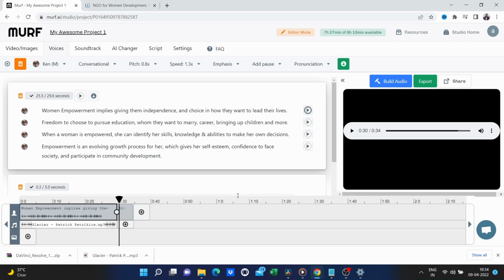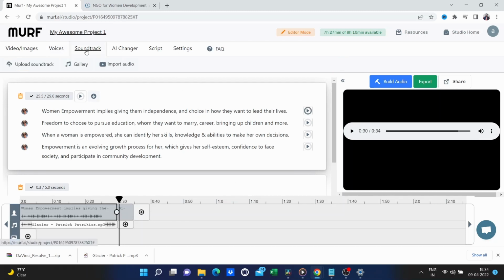A couple of other things I want to mention up here at the top are the soundtrack and scripts. You can upload soundtracks from your gallery here, and the ones you post will be preserved here in your gallery, which you can use as backgrounds for your scripts if you choose to do so. You may also import your audio clips into this section, which includes an AI changer.